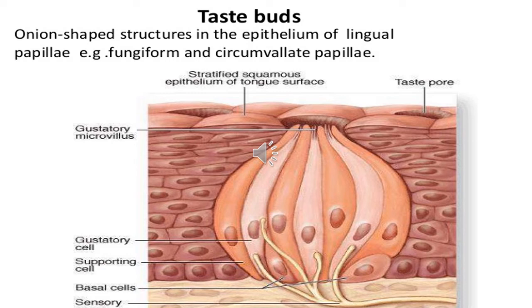Then, as you will study in your lecture, there are other types of glands present in the tongue. They are simple tubular or tubuloacinar glands. Their names are anterior lingual glands and von Ebner's glands, and I have told you the openings of the von Ebner glands are in the trench-like area of the circumvallate papilla, just close to the sulcus terminalis. Then there are the mucous glands of the root. They are also numerous and are purely mucous glands. This will be more clear to you in the lecture.